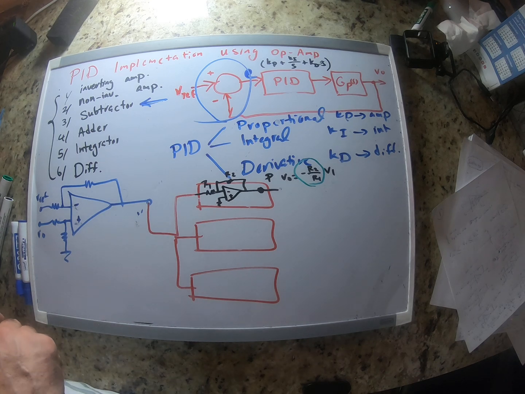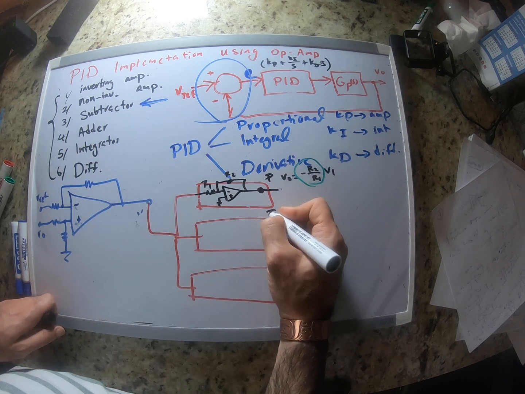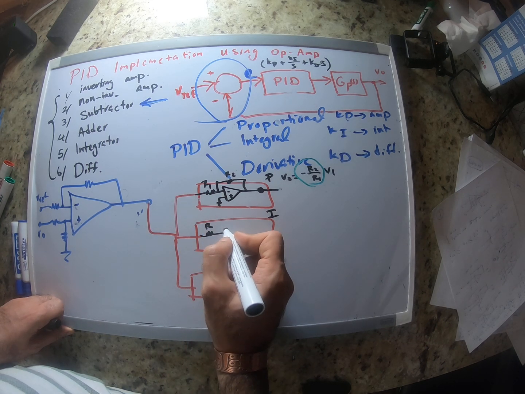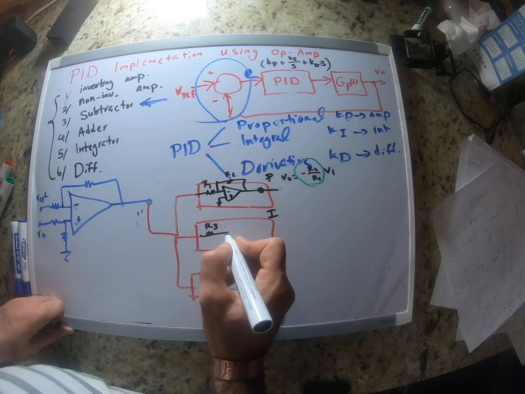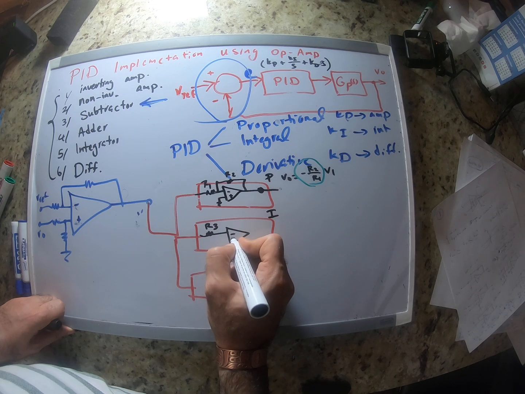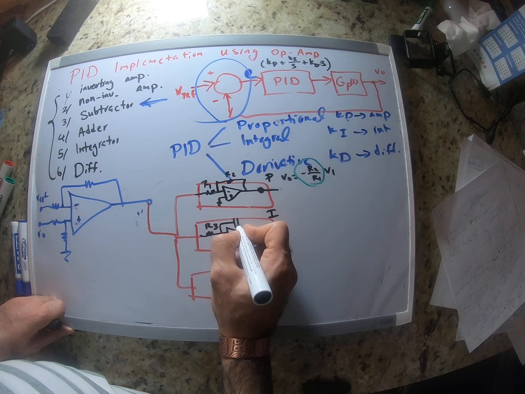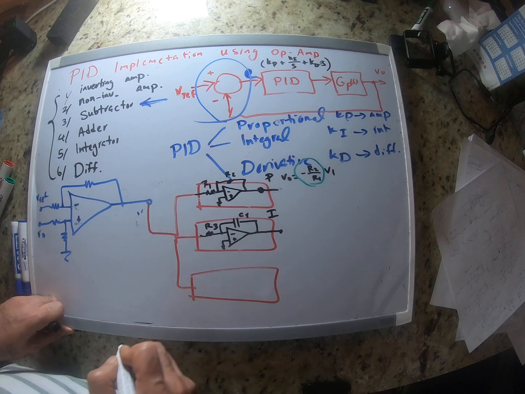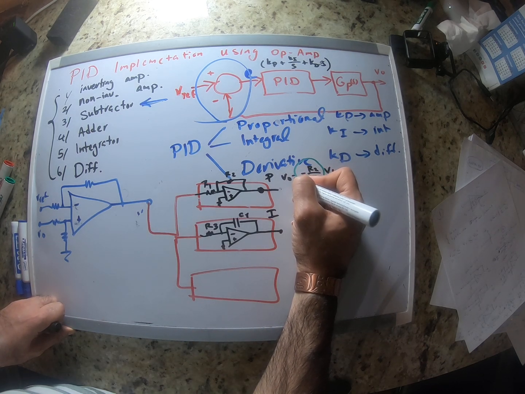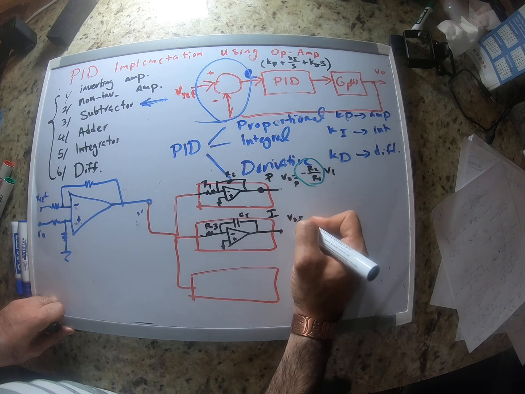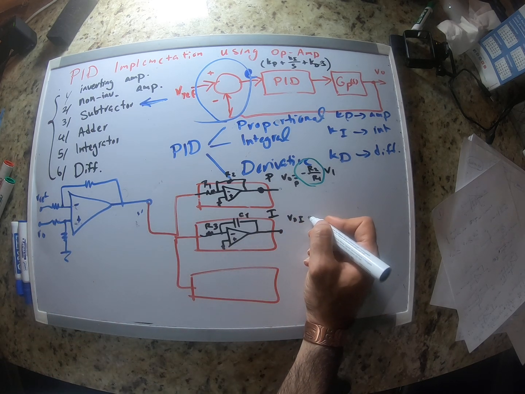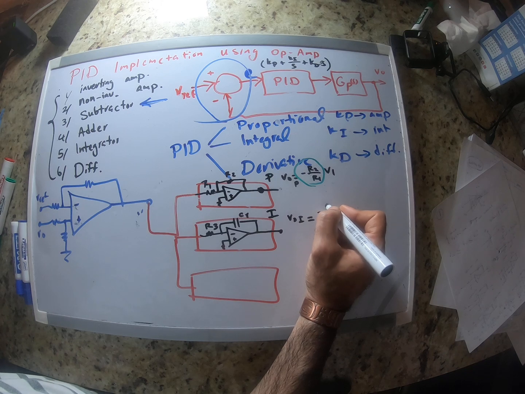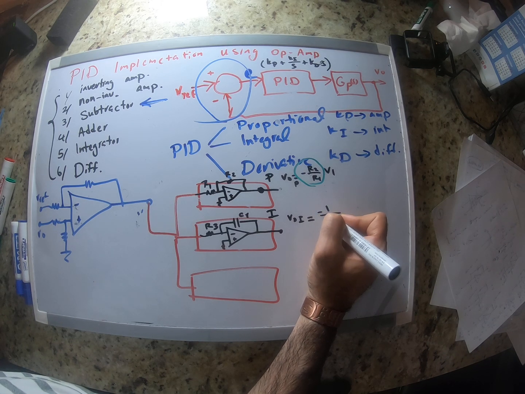Okay. The second one is the integrator. How do we do the integrator? We already did that. This is R, let me call it R3. Negative, positive. This is grounded. It goes to, let me call this one C1. Okay, and this is VO proportional. This is VO integral. And we already did that. It was negative 1 over RC